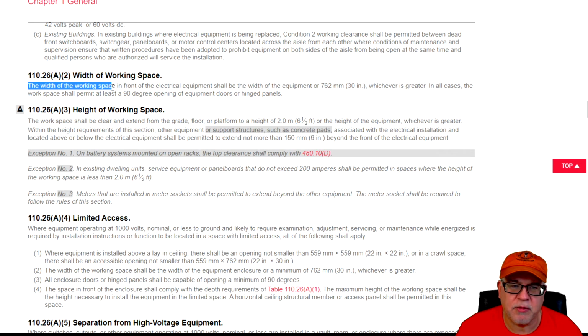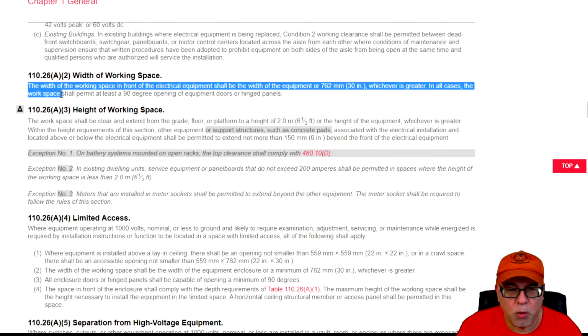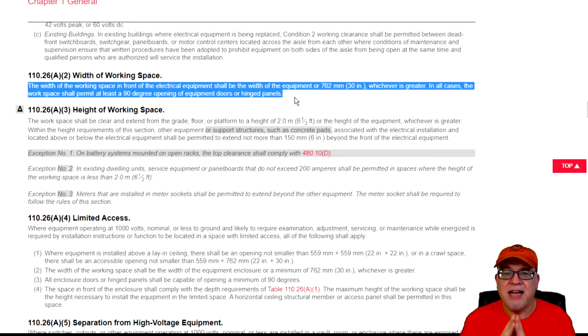It says the width of the working space in front of electrical equipment shall be the width of the equipment or 30 inches, whichever is greater. In all cases, the working space shall permit at least a 90-degree opening of equipment doors or hinged panels. So in all cases, I still have to be able to open it to 90 degrees, okay? So in this case, if I have a normal panel, which goes in between the studs, maybe 14¼ inches, whatever the width is of a normal panel,